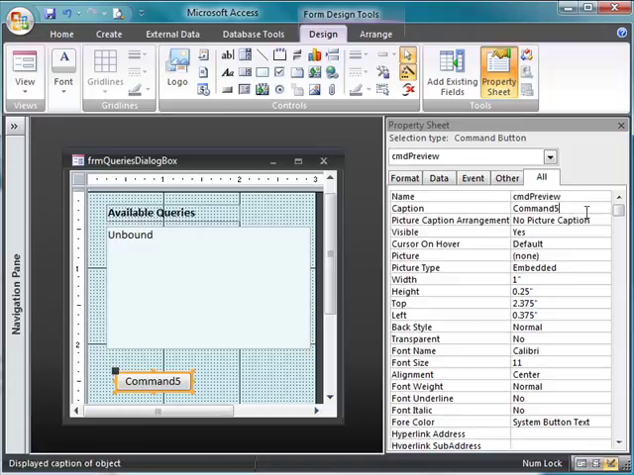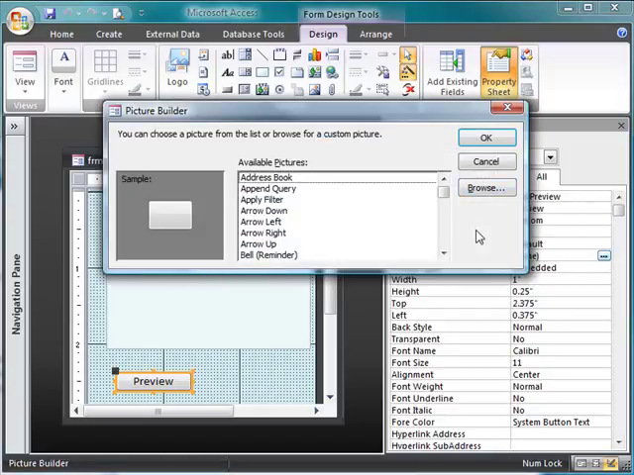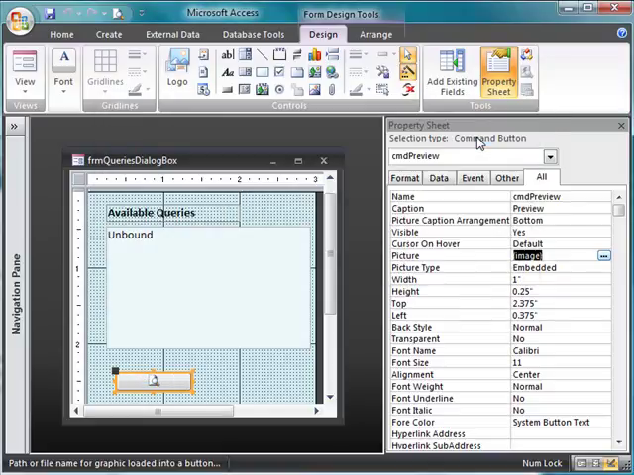Okay, the caption on this is going to be Preview. And the picture arrangement is going to be bottom, and then I'm going to come down and find a picture here. The one that I want is preview, so I'm going to press P to go to the P's, and then scroll down till I find preview and add that. Now to resize this command button, I'm just going to put my mouse pointer over any one of the resizing handles except the one in the upper left hand corner. Sometimes that one doesn't work properly. Just double click,